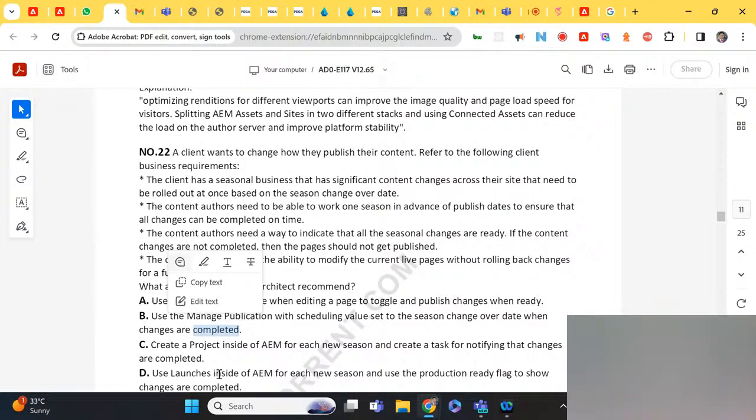And how do you know when the content is production ready? There is a flag which is set to true. Okay, so when the flag is set to true and the season changeover date has come, the launch will actually move the content to production, right? So out of B and D, one could be the answer. The clear cut thing, the production ready flag being set to true, is needed, because clearly it is mentioned